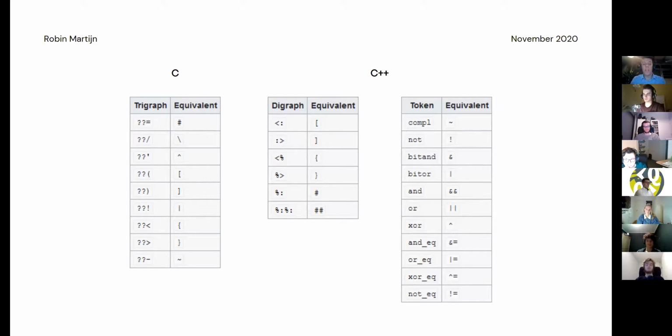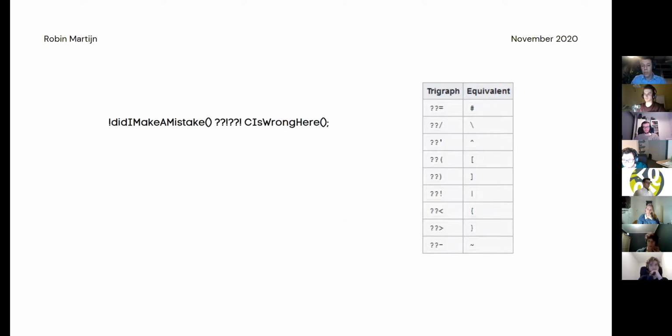Okay, the trigraphs are to replace the characters. So they have to be replaced before anything else in the code. So the preprocessor will replace them. That means every combination of question mark, equal sign will be replaced by this hashtag and etc. Okay, this is important. Important to know is that it's now disabled, luckily, but you can still enable it. But it used to be normal behavior. And the result was that our line of code results in A is 0.